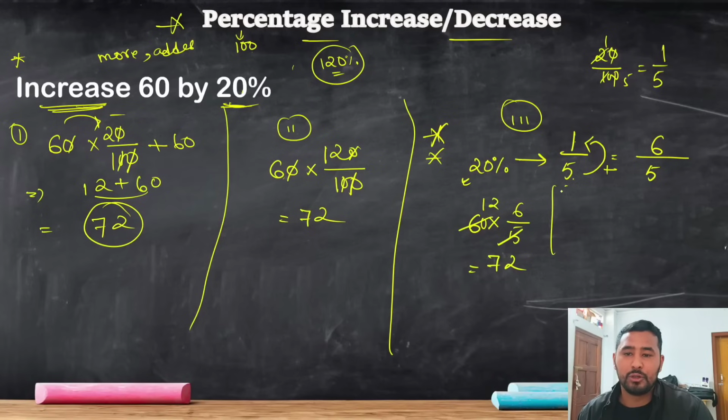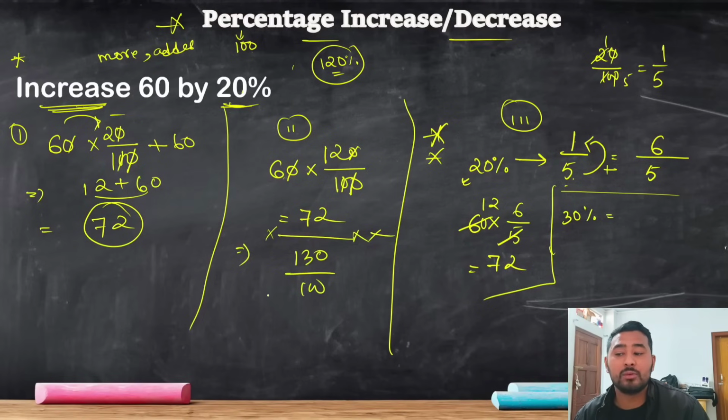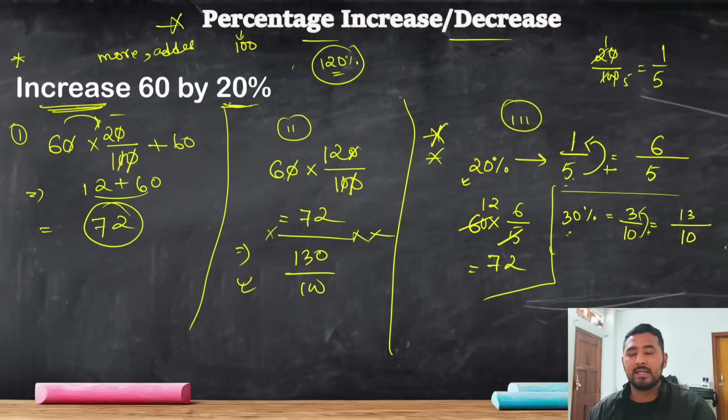If you're confused, let me show you one more example. If I'll say 30% increase, okay, increase of 30%, in this case I can write this one as 130 by 100. Okay, in this case I can write it as 130 if we're talking about 30% increase. Now in this method 3, the fraction value of 30% will be 3 by 10. Now I'm talking about increase, so the denominator will remain the same, 10, but the numerator will change. Increase 10 plus 3, you'll get 13 by 10. I hope this is clear, right?